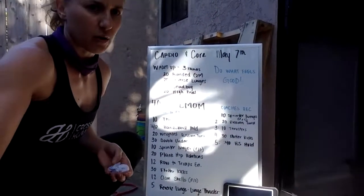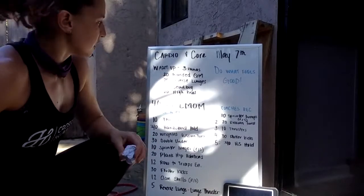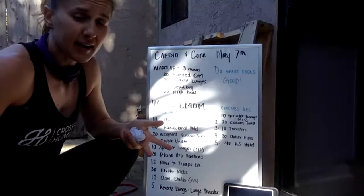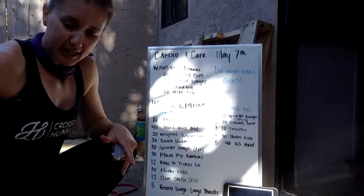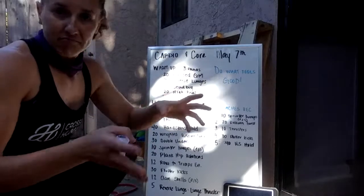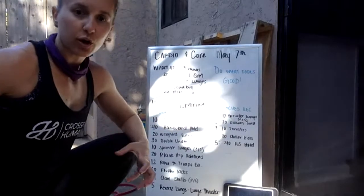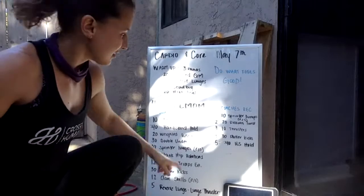Okay, so my recommendation. First minute, I'm going to do those sprinter lunges. One of the reasons I'm going to do that first is because it's unweighted. And then there's this nice balance between the front and the back side in terms of the glutes and the hip flexor work that you get. Then, totally different, minute 2, the 20 Russian twist. So we go from glute work to core so that our legs can get a little rest before minute 3